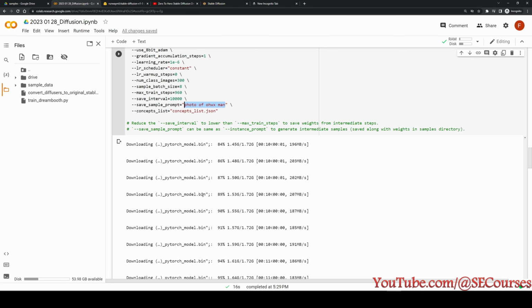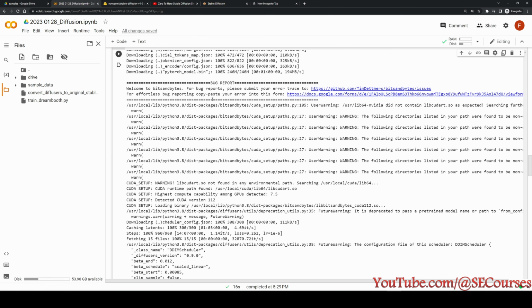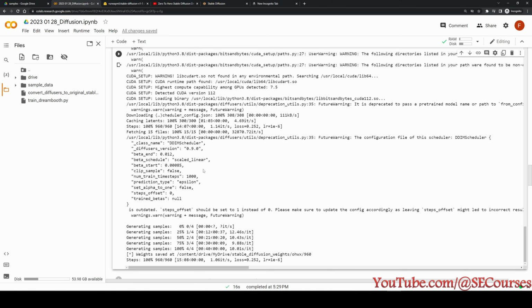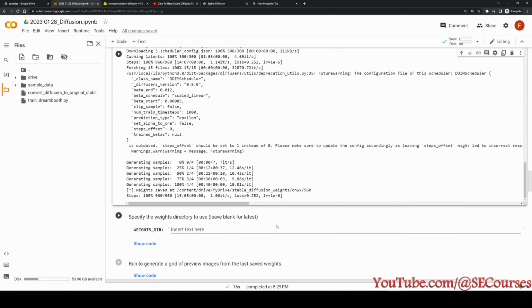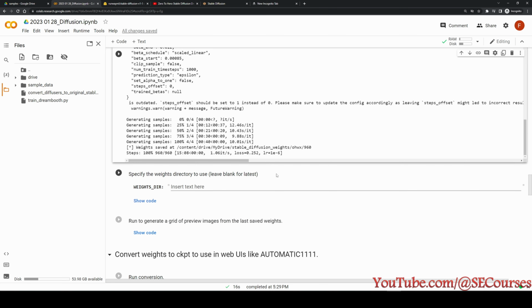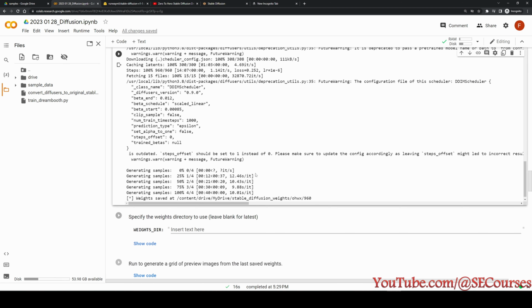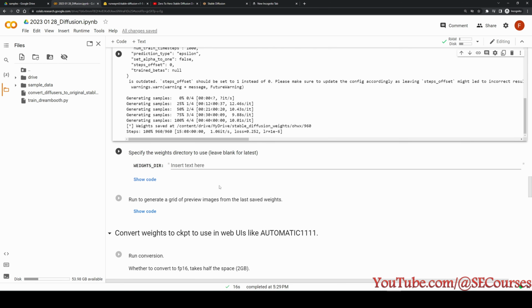So you will see the downloading messages in here, and you may get some warning messages like here, CUDA setup warning, and you can just ignore them. They are working just fine. Also, this repository is properly maintained by Shivam, so he is updating whenever it gets broken. Okay, now we are skipping the part for weight training because it is already trained.